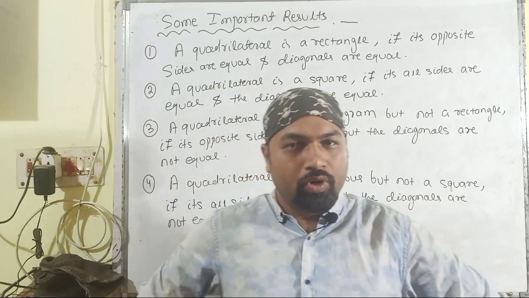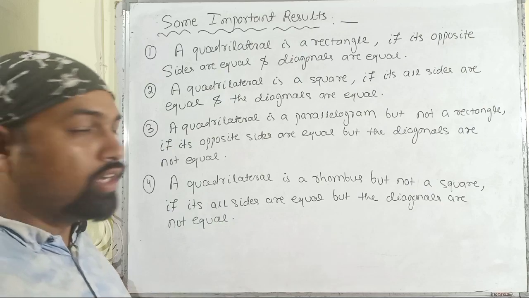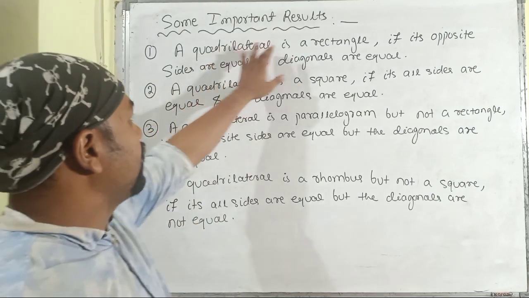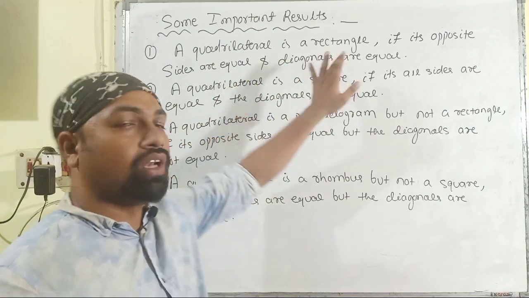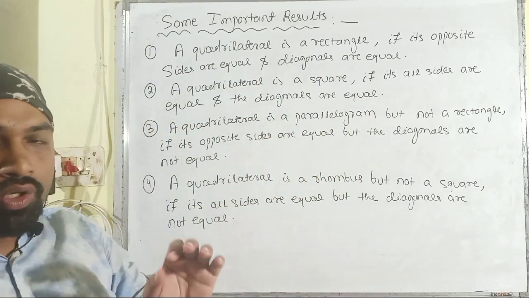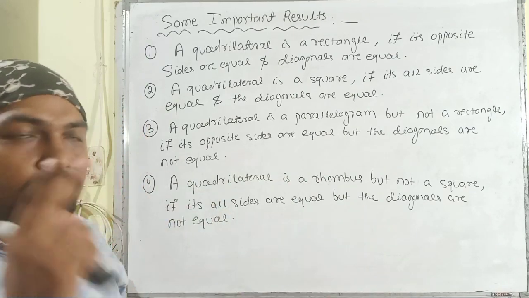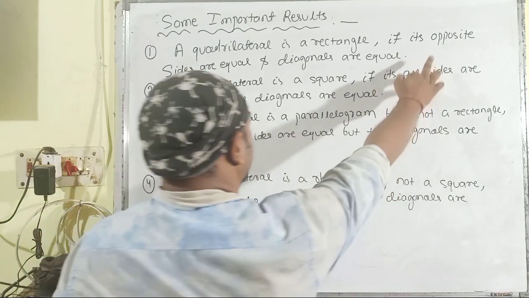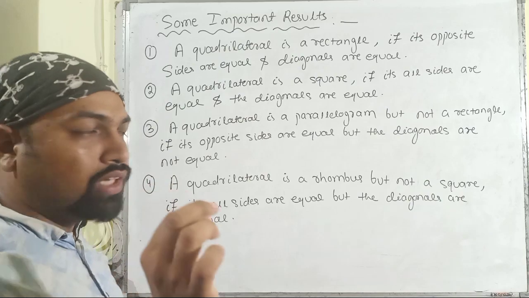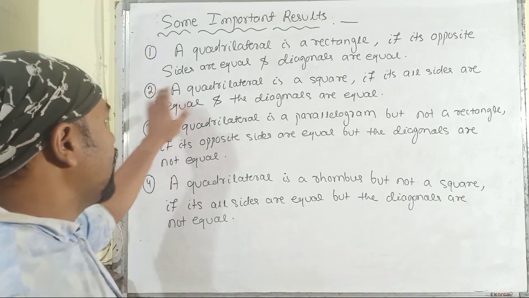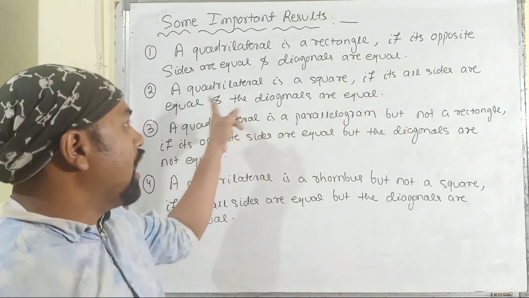Before going to today's video session, let us have some of the important results based upon the coordinate geometry part. A quadrilateral is a rectangle if its opposite sides are equal and diagonals are equal. That means to prove a quadrilateral as a rectangle, we have to prove two cases. The first one is the opposite sides are equal, and the second one we have to prove that the diagonals are equal. Similarly, in the second case, a quadrilateral is a square if all its sides are equal, and